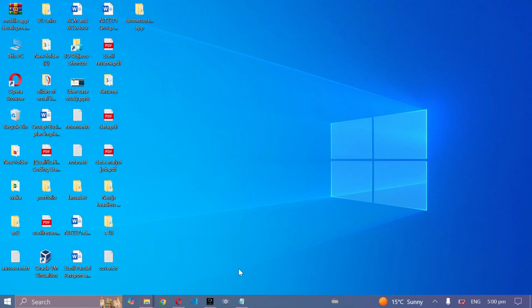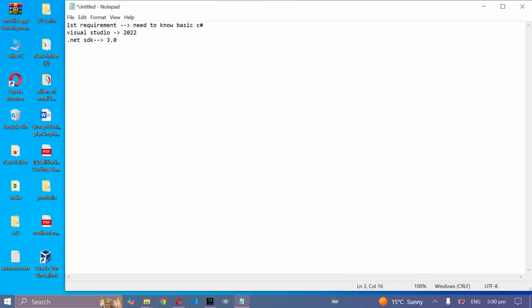Everyone, today I'm going to show you how easy it is to create a web application using .NET Core. For that there are some prerequisites. You need to know basic C#, though you don't even need this for the tutorial. You need to have Visual Studio and the .NET SDK. You can search for these on Google and you'll get the download links. For example,